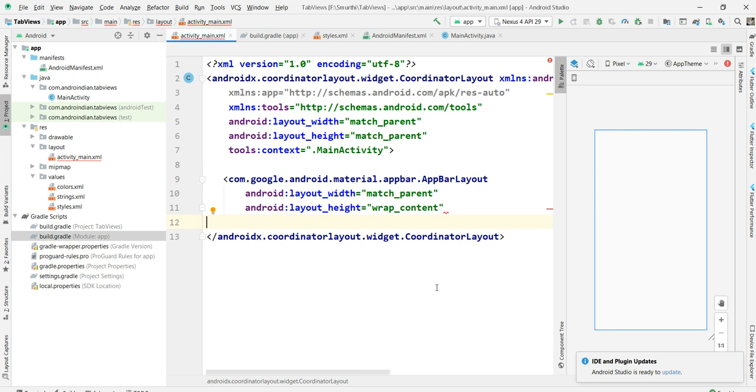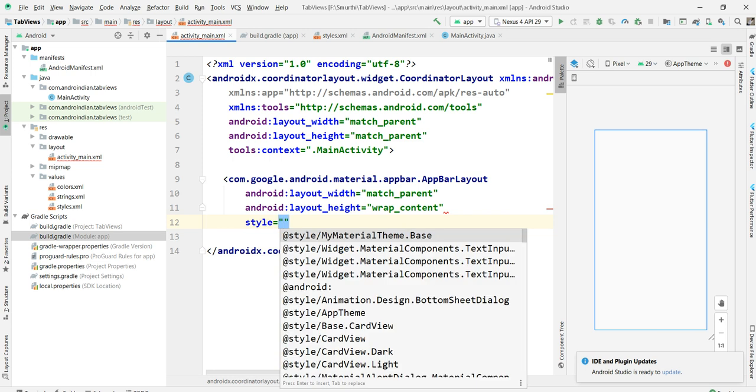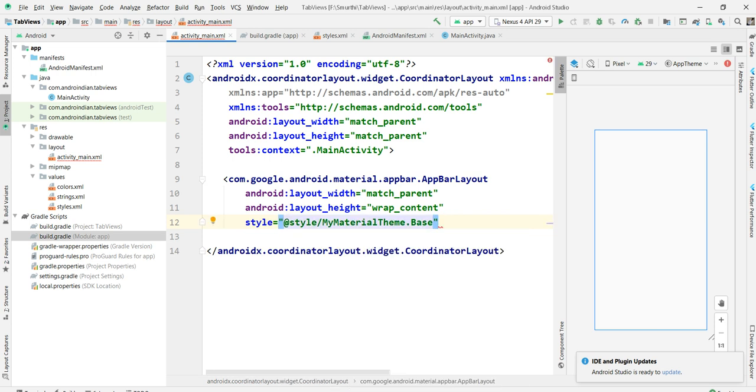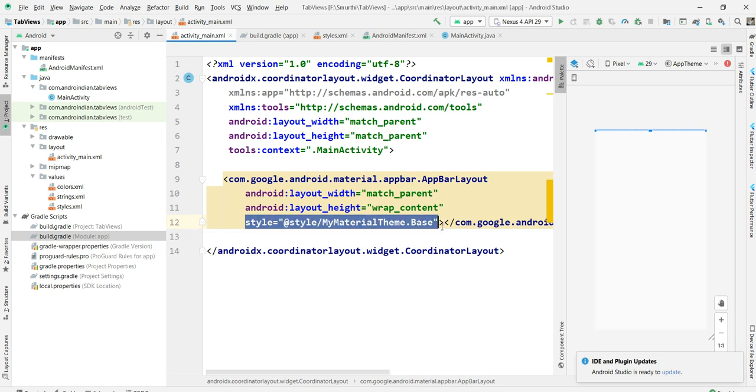For this also we can apply some style, that is the material theme base, like some color we apply. It's not mandatory, even without this it can work. It's your wish. If you want to apply, you can apply. I don't want to apply now.